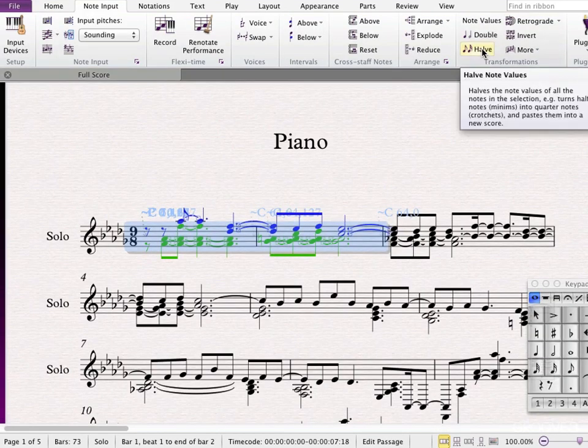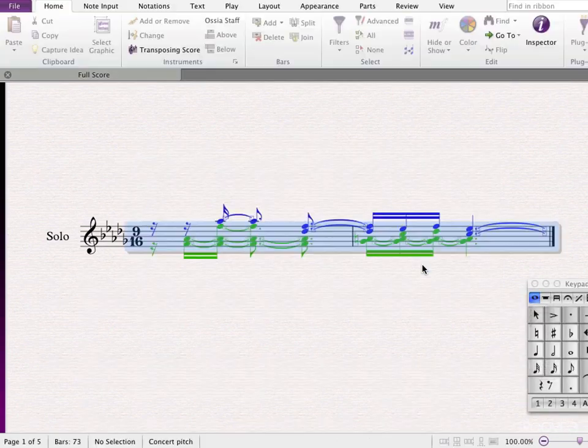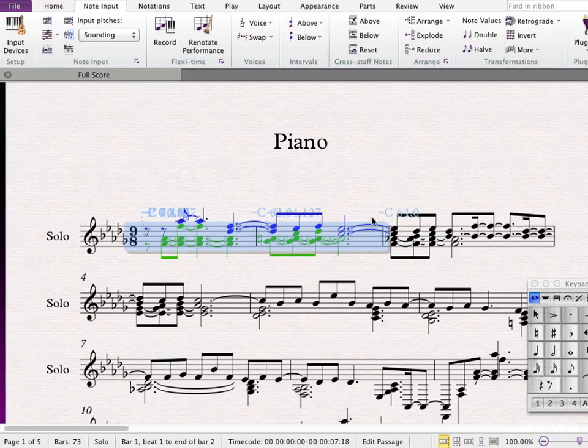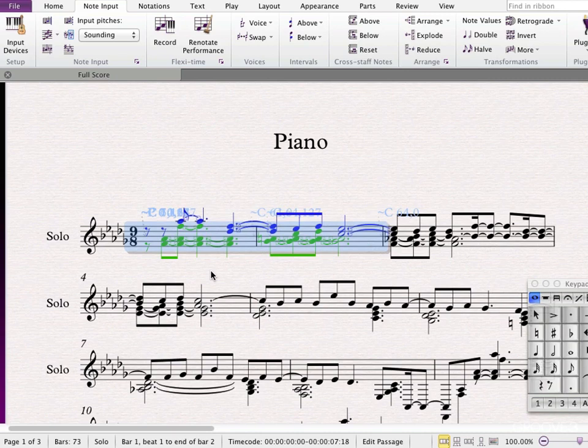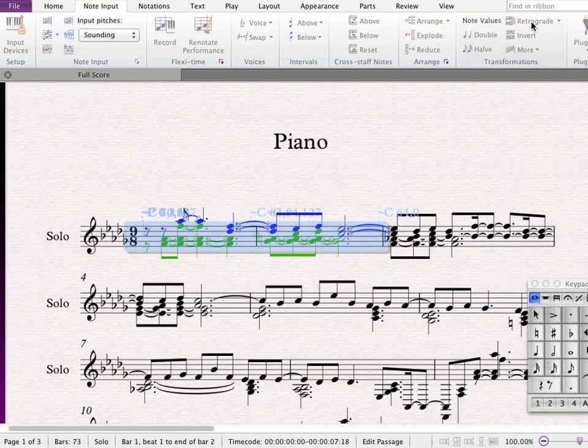As you can imagine, half does exactly that. This time all my note values will be halved. Let's close that one as well. Retrograde creates a backwards version of my selection. This time it doesn't open a new score because obviously the notation will fit in the same place. So for example, if I play that first this way, now retrograde it,